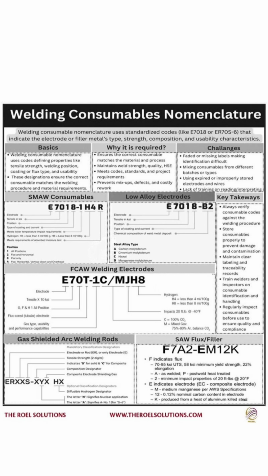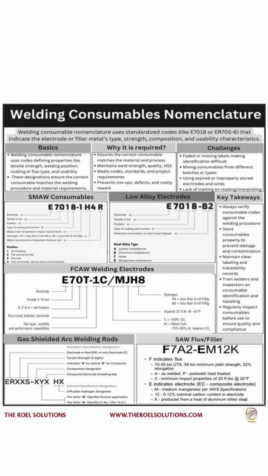Examples: E71T-1C, designed for carbon dioxide shielding. E71T-1M works with mixed gas, Ar plus CO2, for smoother arcs. Segment 5. SAW consumables, example,